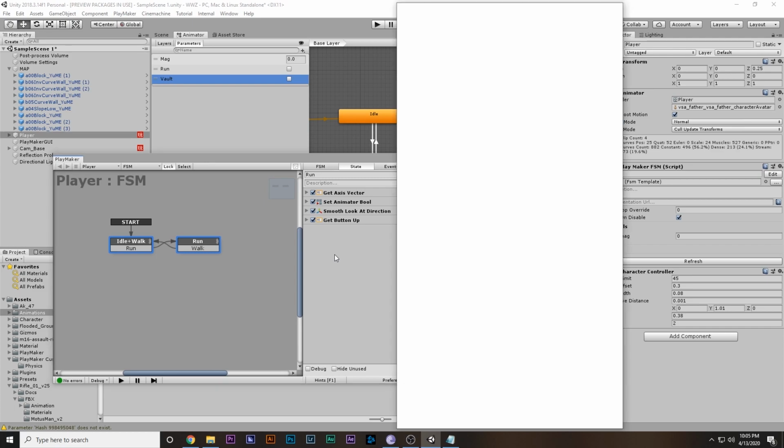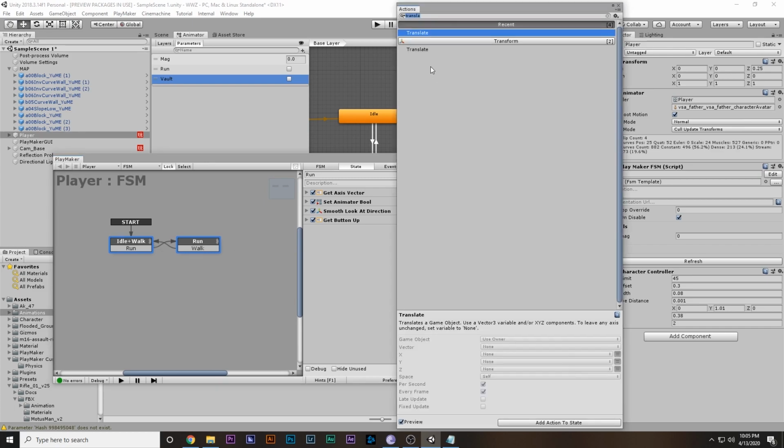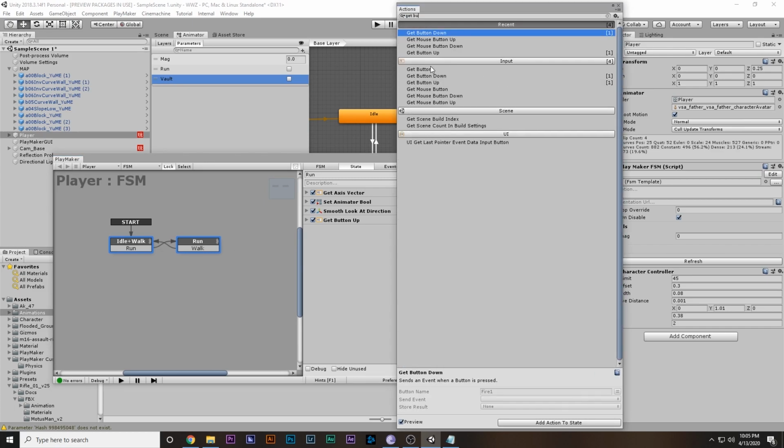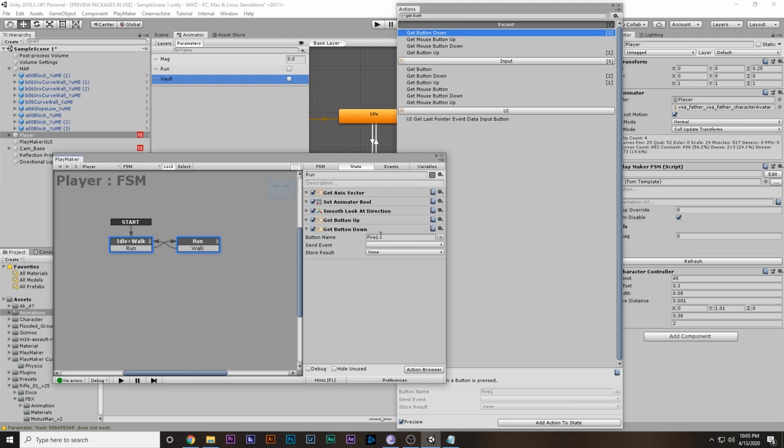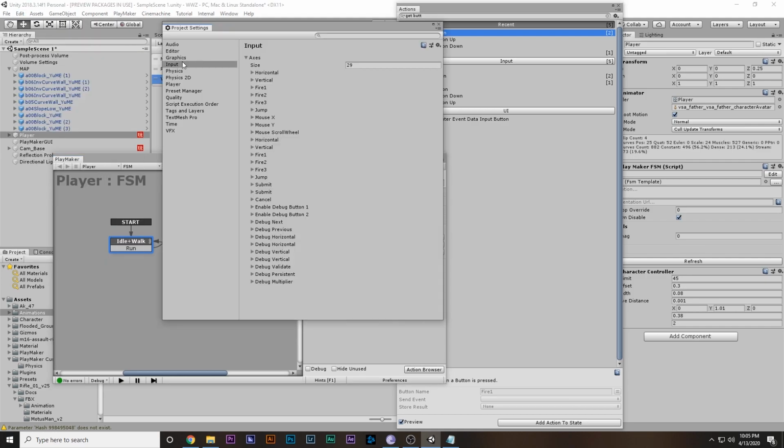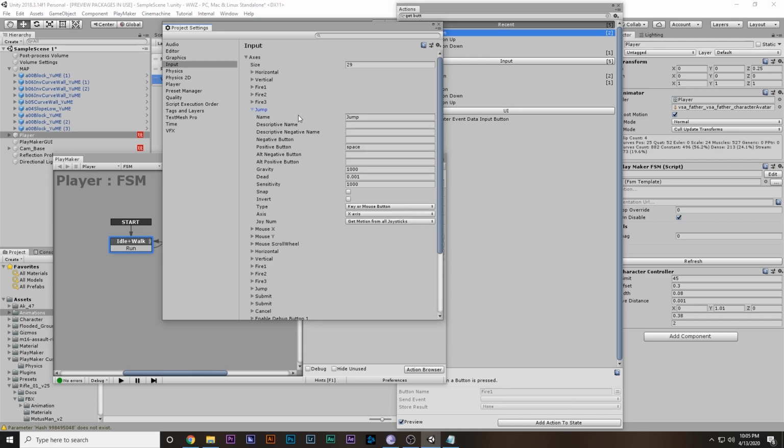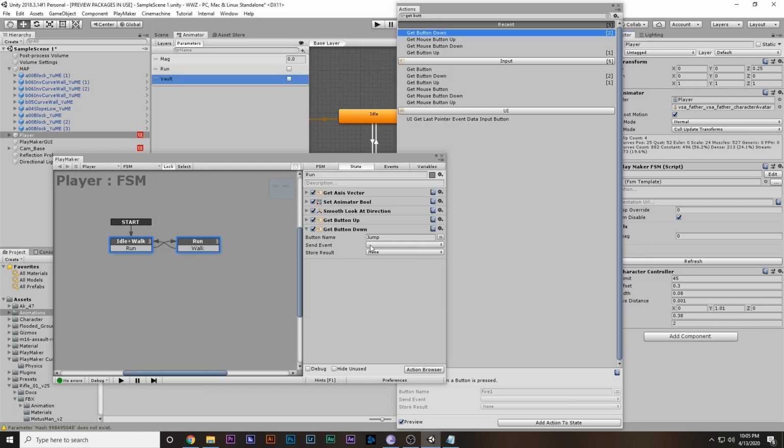So what we're gonna do is go ahead and come in the idle state, and we're gonna say get button down. Get button down basically means when you press a button, and the button that we want is jump. If you don't know what jump is, we're gonna go to edit, project settings, input, and in there you can find all of these controls. If we select jump, as you can see, the positive button is basically spacebar. So jump basically is spacebar. So whenever we press the spacebar, we're gonna go through vault,